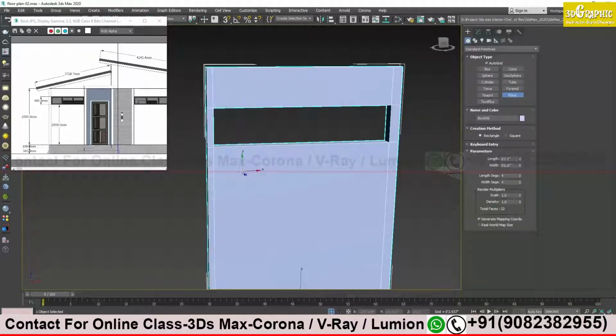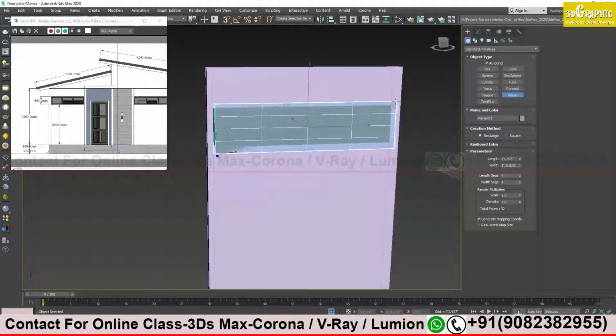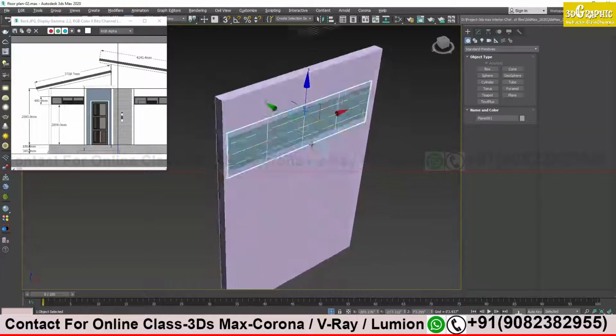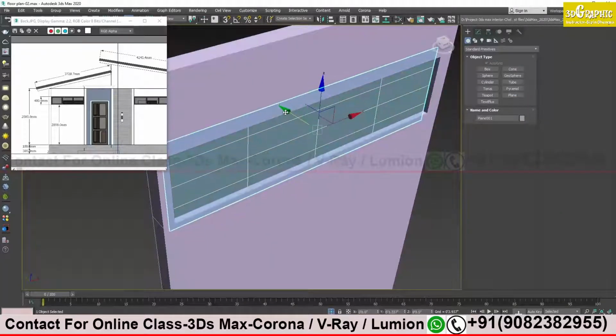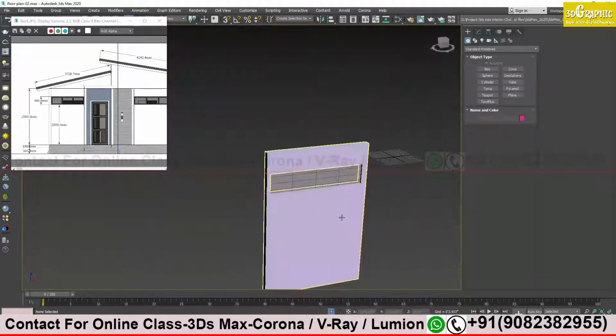You want your glass to be faced like this only, no? So click on the surface over here and drag like over here. I am clicking over here, and I am dragging it out. Do like this, and then adjust a bit. Drag it inside a bit. That's it. Do that.